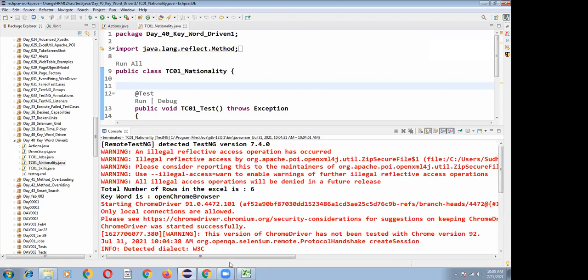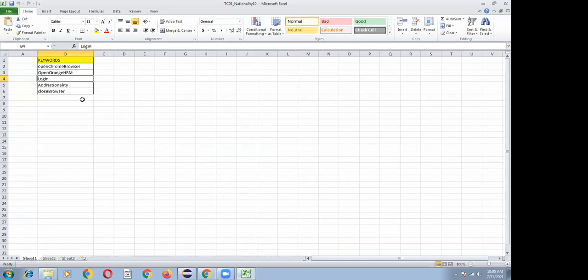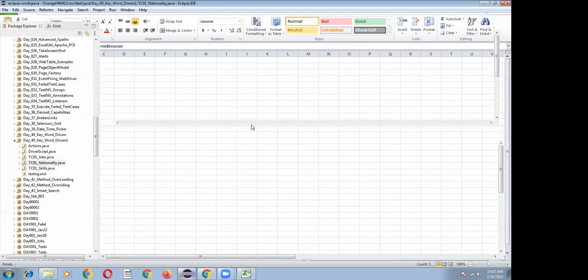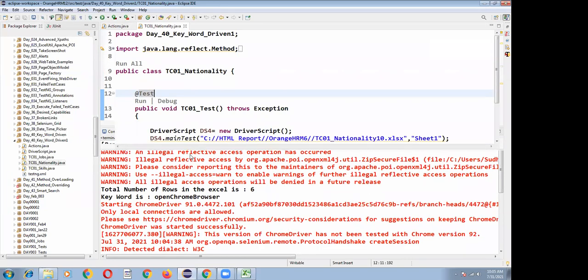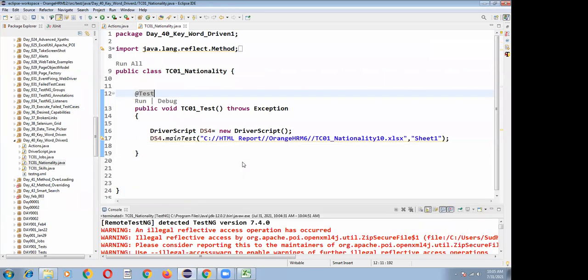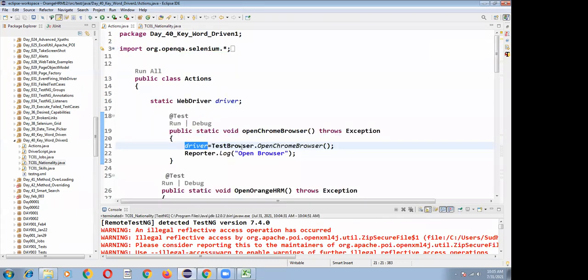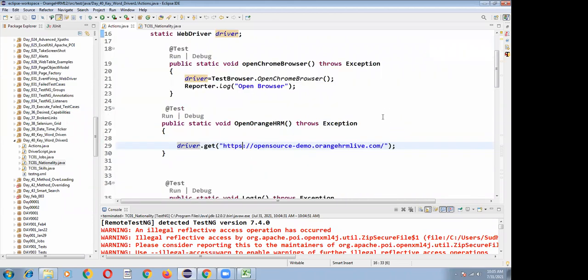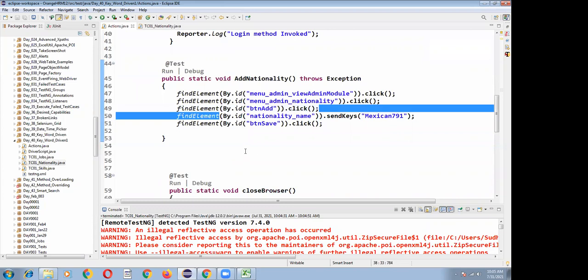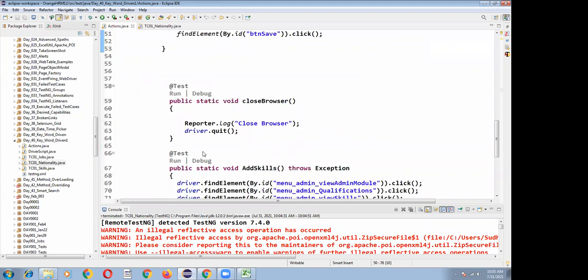The set of keywords we write in the Excel sheet will be executed from actions.java. In the open Chrome browser method, we have written driver is equal to this one, and after that the driver is activated in the current class. Then the open Orange HRM method is executed, the login method is executed, the add nationality method is executed and Mexican 791 record has been created, and close browser has been executed. The set of keywords has been executed.